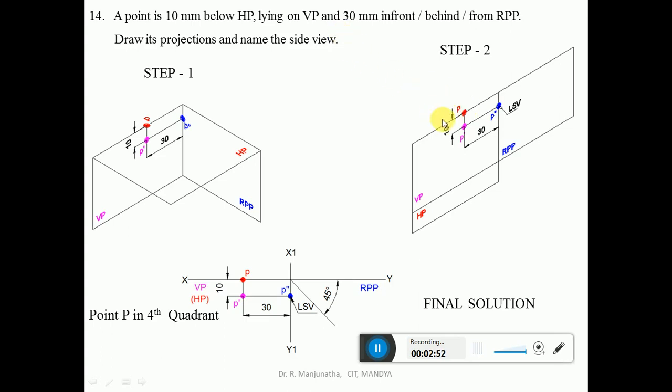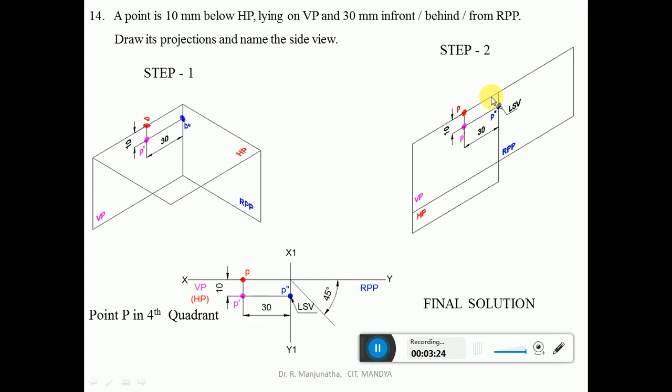And when we project here, when you look from the right side view, that is from the left side view, we can see the distances of both the front view as well as the top view. So draw a horizontal projector from the front view to the end point here. So we can see the distance below HP, which is here. So here also you are going to get below HP. And when we project this top view point onto this origin, you are going to get this point here.